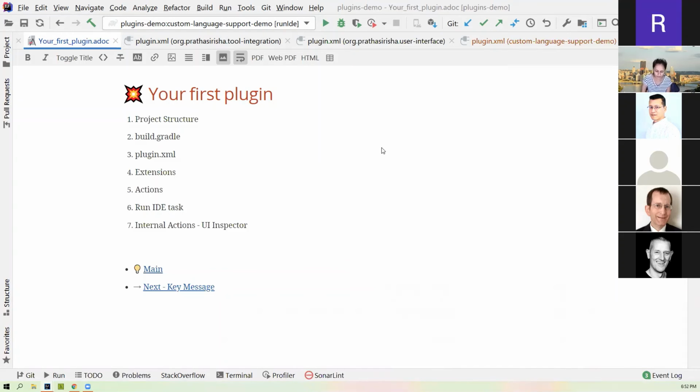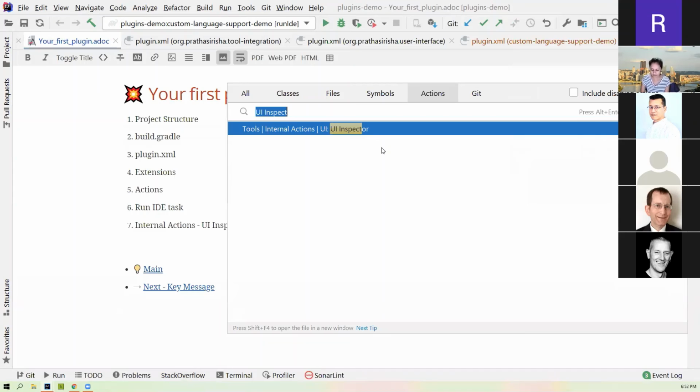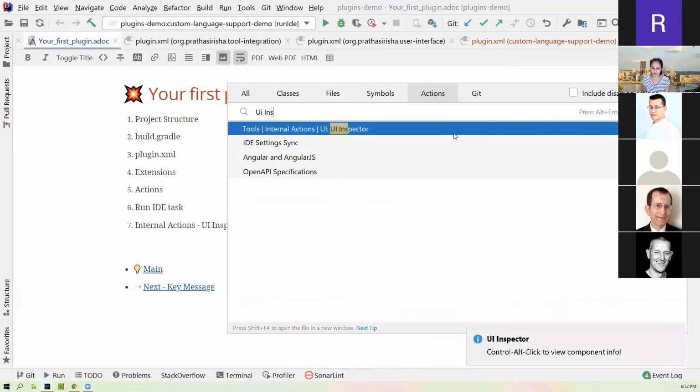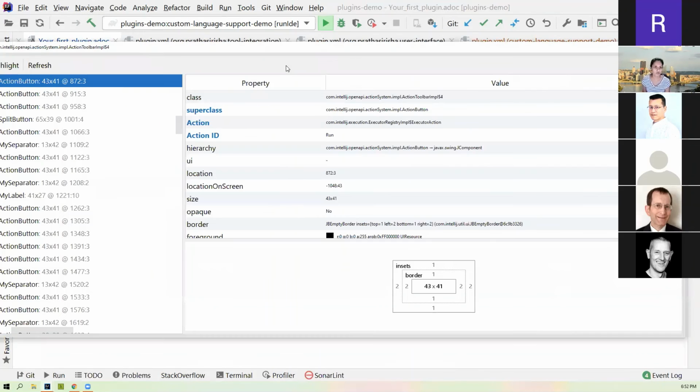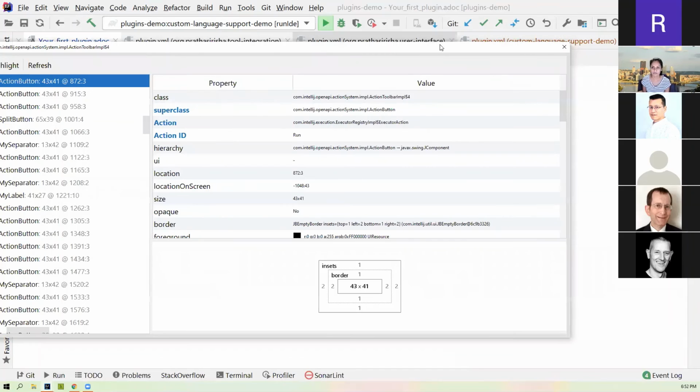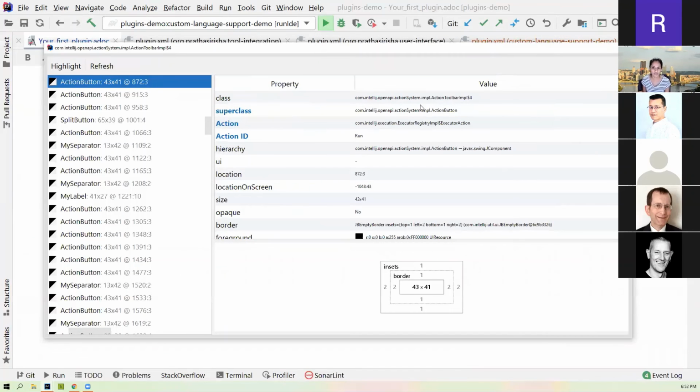So for you to do this, you'll have to go in here and do UI inspector, and it's already turned on. So I'm going to turn it off, and I'm also going to turn it back on, and you can see a little tip over here which says Control Alt click to view component info. So I can do this, for example. I can, and it should open up. Hold on, it went into my other screen. It should open up a tool window like this, or I guess just a window,